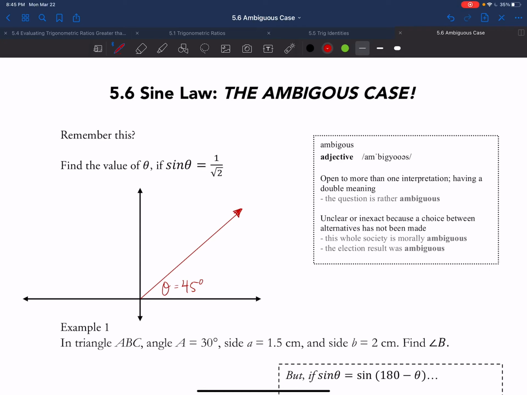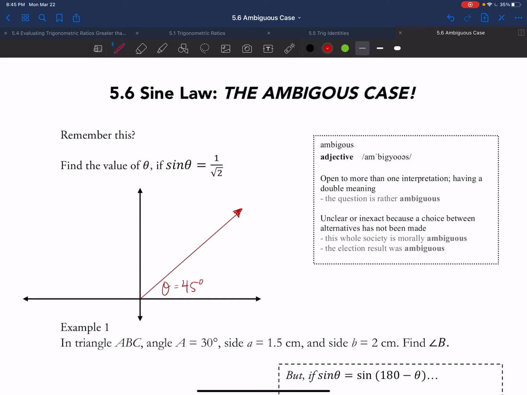All right, so we're talking about sine law, the ambiguous case. I'm not going to go through cosine law and sine law without the ambiguous case, just this one, because the other ones we've done before. So the ambiguous case. Ambiguous means that there's more than one interpretation, or it's unclear as to what the answer